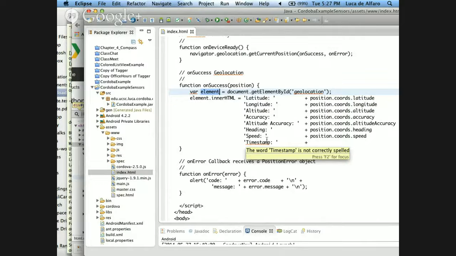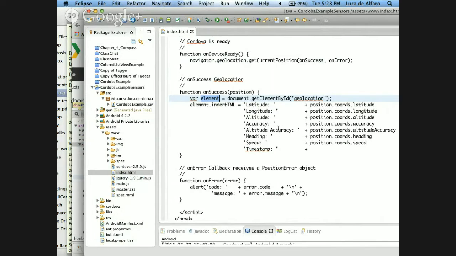getting geolocation, and I'm telling it, please, on success, set the inner HTML of that element, the inner HTML will be the HTML content of the paragraph, please set it to be the following thing. Okay, and I'm building this string that says latitude, and then I say the latitude, longitude, and then essentially I'm building just a big string, nothing very special. So the code is very simple. This particular code that I build.